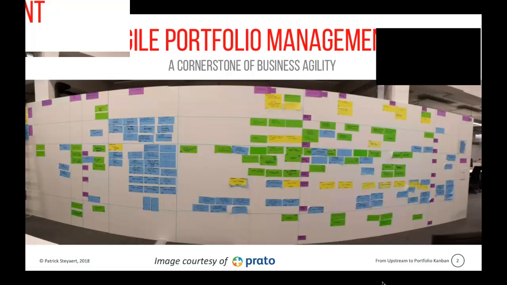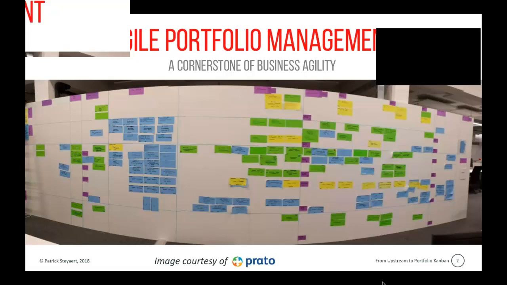So a lot of the presentations that I've seen, a lot of the people that I've heard talking about real cases about portfolio management always seem to get stuck at the level of visualizing